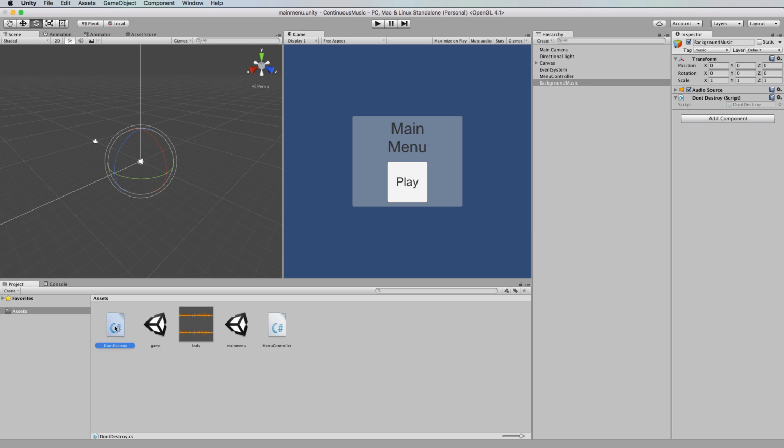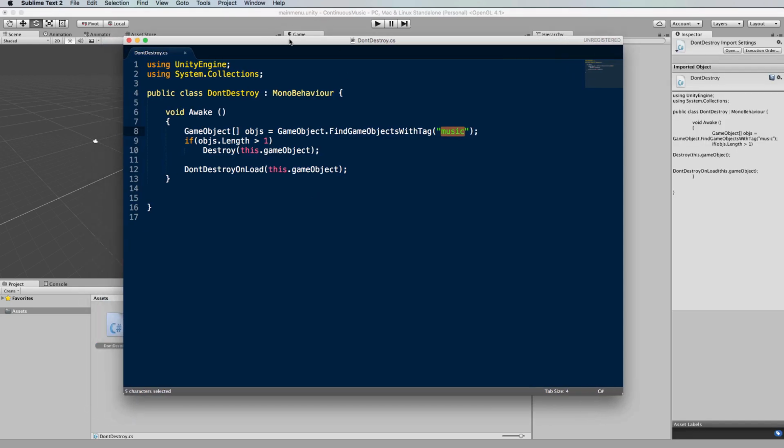Alright, so that's how to create an object that exists for your entire game that doesn't get destroyed and only ever has 1 copy of it. You can create a number of different objects like this. For example, if you wanted an object that saved all of the current game save data that you wanted to take with you through each scene, or any other information for that matter, you can put it into a script on an object